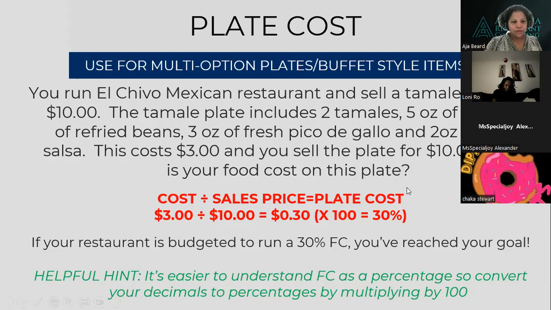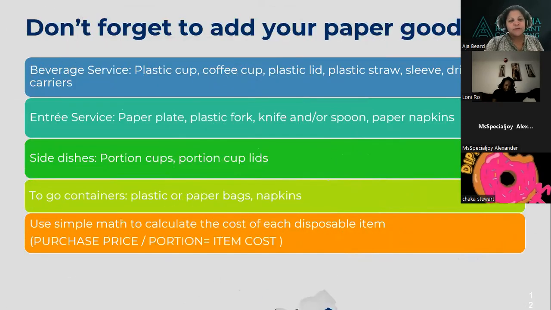Okay, let's go to your disposables. Disposables are all of those to-go containers, your cups, the little ramekins with the lids, everything that is plastic or disposable that you are giving with your product. Especially with the night market, food truck vendors and pop-up vendors, everything's disposable, right? You don't have a dishwasher in the back that can recycle those dishes for you. So you need to add these amounts into your food cost.